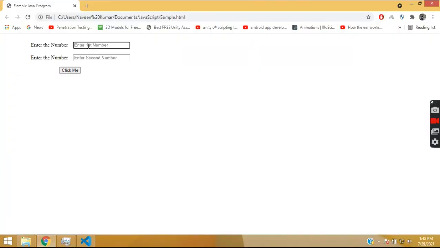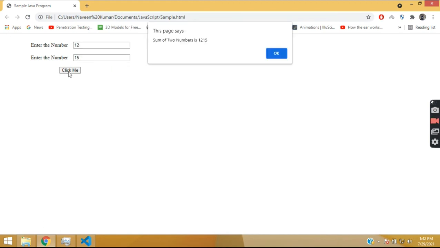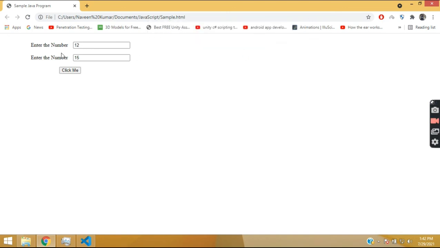refresh it, enter the number, let's say 12, 15. So what it is doing right now, it is taking them as string variables, so it will combine both of them. Whatever value you write, it will take as a string, so the result is 1215, but this is what we do not want.